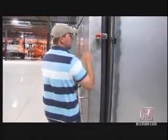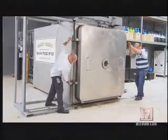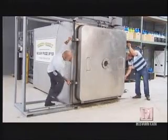A document would normally stay in here for 1 to 2 weeks. When these documents come out, they'll be totally dry. The same power